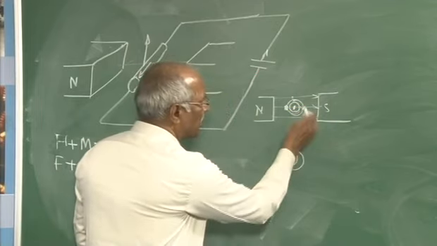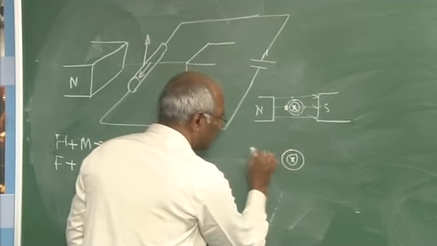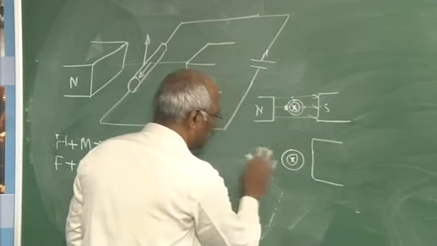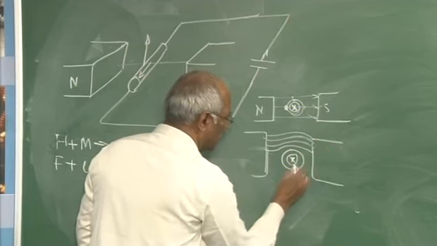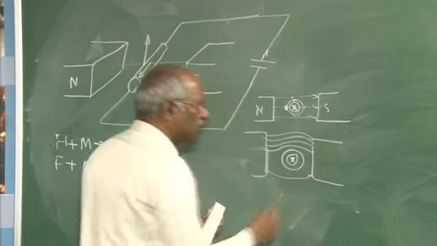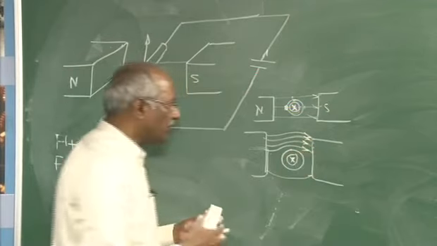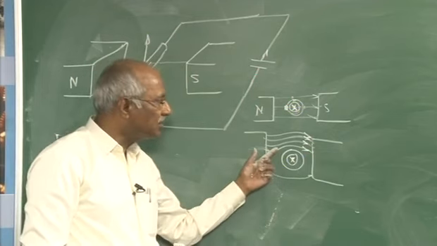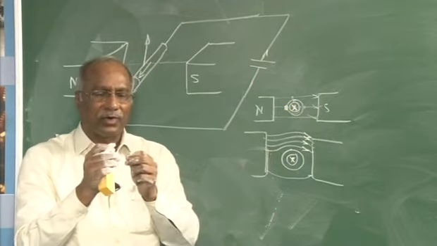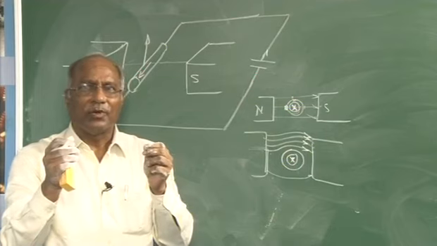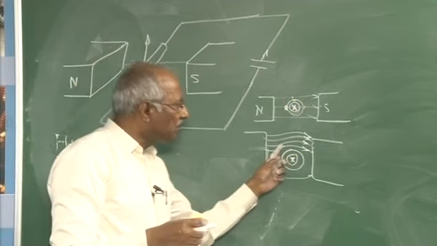It is coming out, it is this way, or you can take it as this way, cross. Now, here the flux gets crowded like this, and the flux here will be less. Now, what happens? These lines of force can be thought of as elastic bands which are in a stressed condition. Whenever we take a rubber band and try to pull it out, the rubber band will always act to retain its original length.